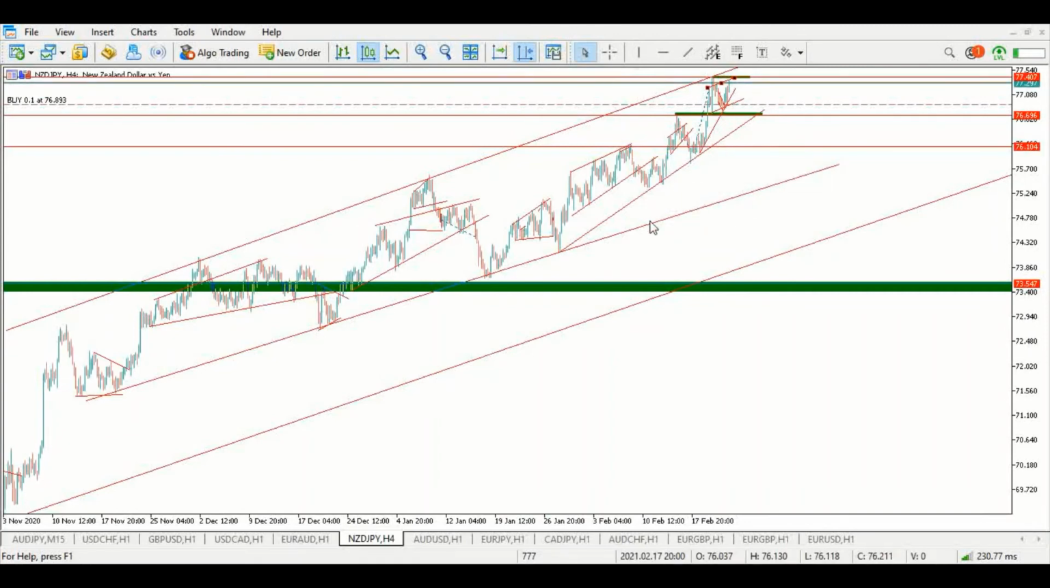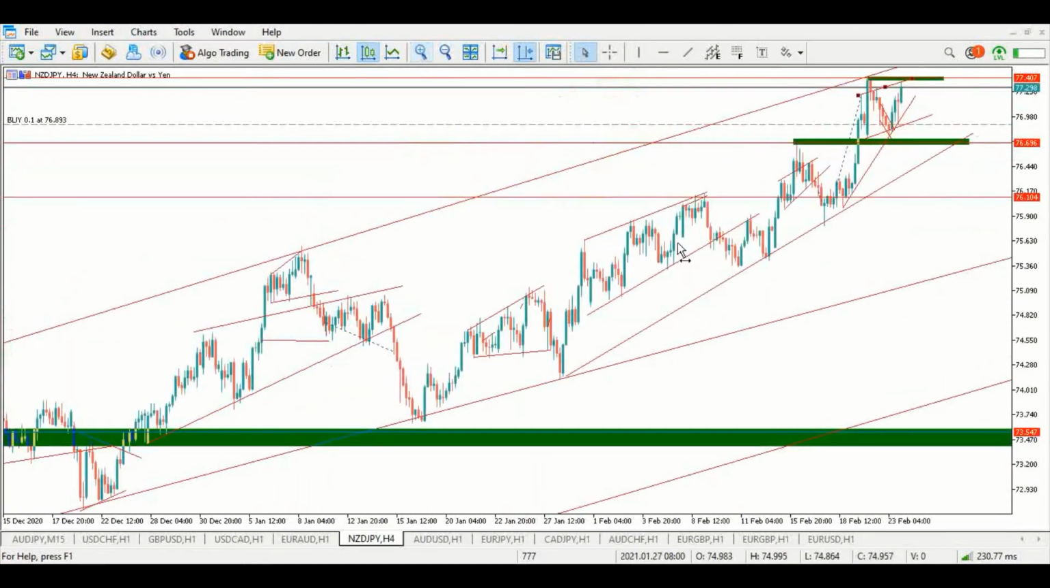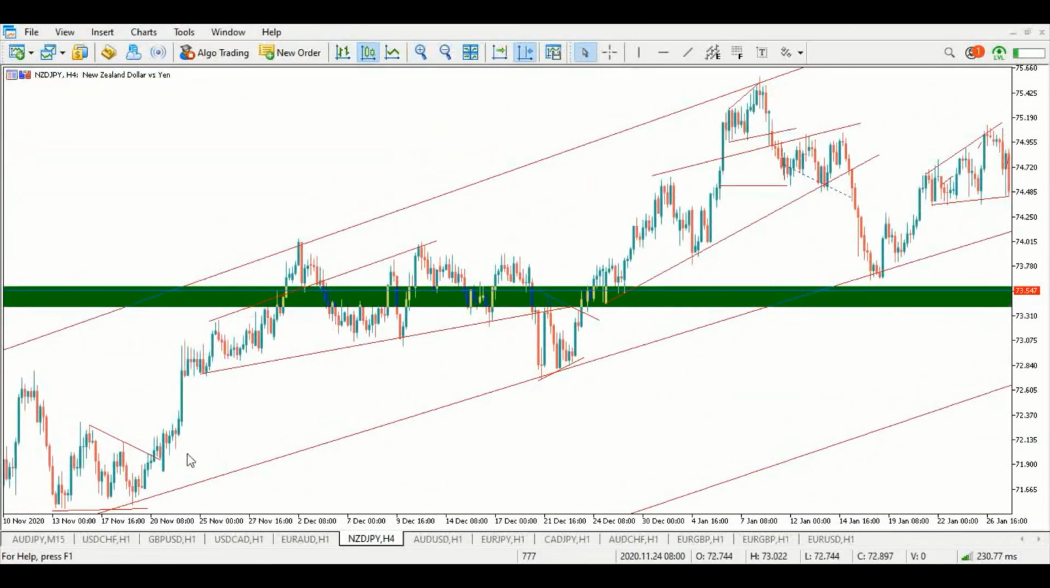But now I want us to pay attention to what happens when price starts approaching its diagonal resistance, like what pattern starts forming. Okay, as you guys can see, as price gets away from this diagonal support, or this bottom trend line,